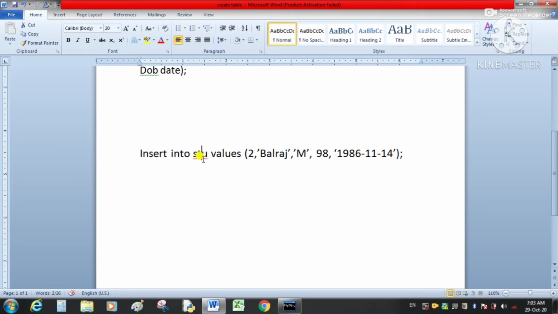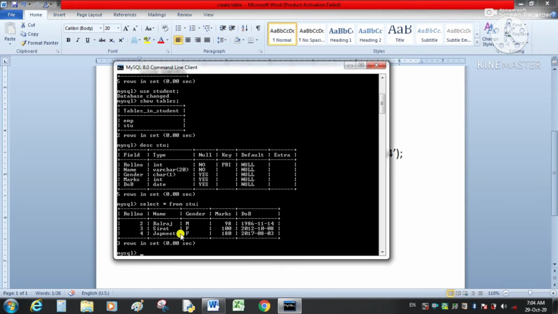Insert into table name stu, this is our table name. Values, so here we will write the values in the same order in which we have created our fields or column names. First is the roll number, second the name. All the text values will be entered in single or double quotes, then gender, marks, and this will be the format for date of birth. In this way we have entered 3 records in our student table.